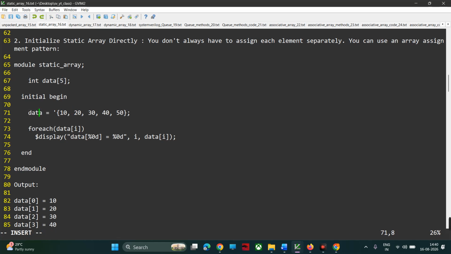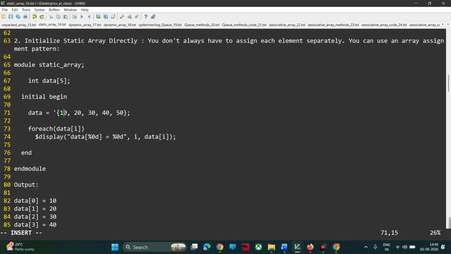Inside this array name, we are putting a total of 5 elements. Okay, so see, this will be at which index? 0th index. This will be first, second, third and fourth. So total 5. So to do array pattern assignments, what you have to do is tick, then you have to